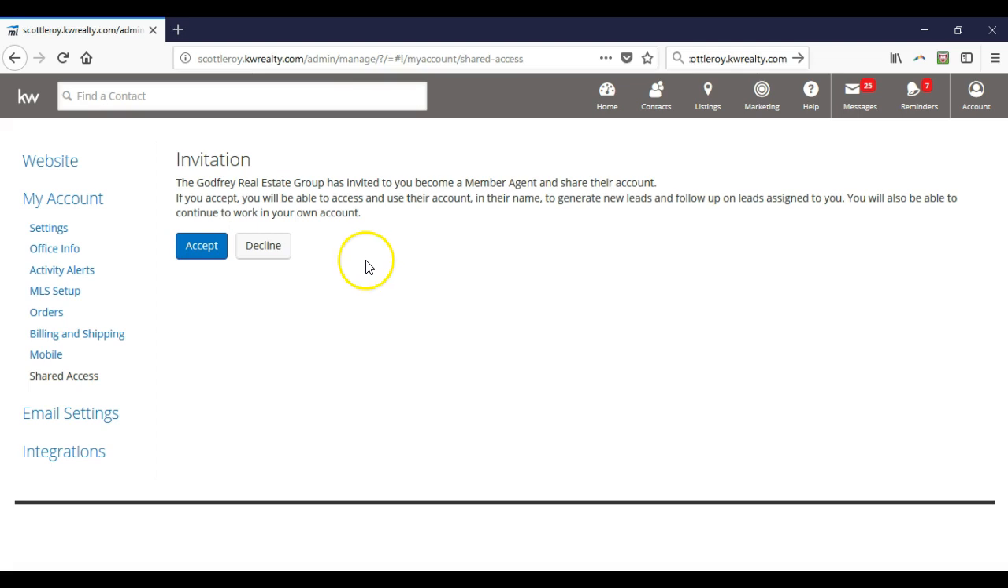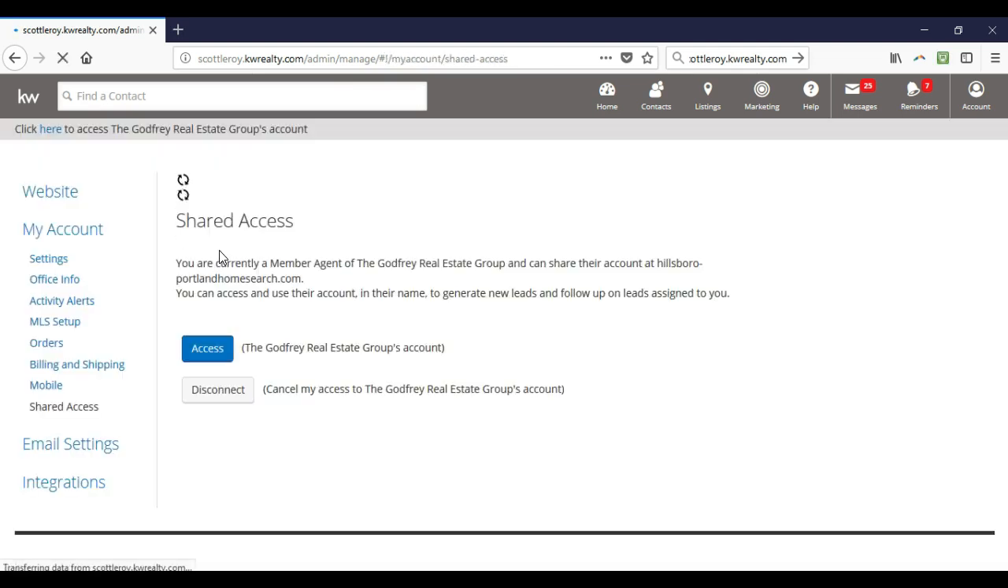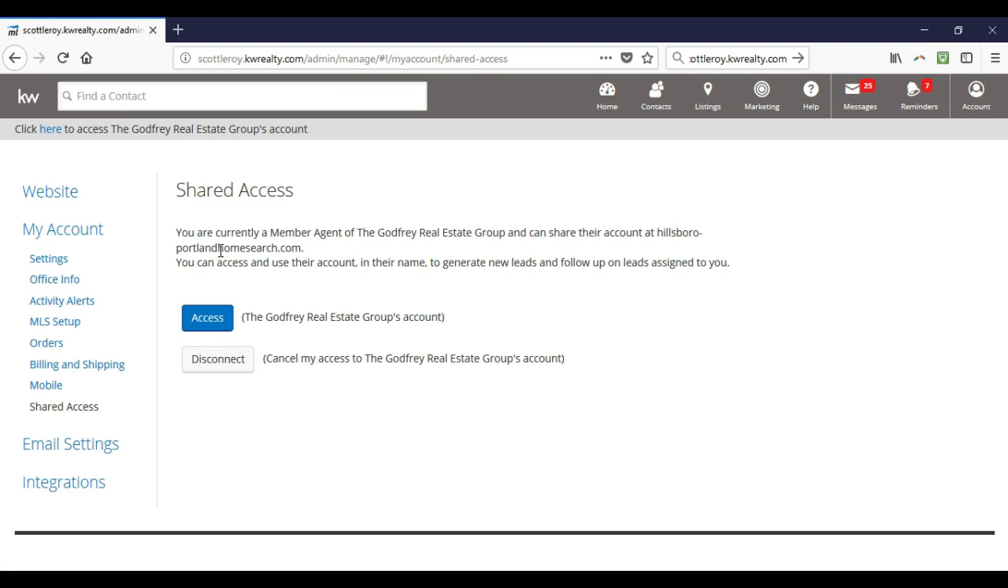You will also be able to continue to work in your own account. So I'm going to click accept on here. Alright, and now it is set up properly. So as you can see now on here, you're currently a member agent of the Godfrey Real Estate Group and can share their account at HillsboroPortlandHomesearch.com because she has the pro account, so that's her domain. You can access and use their account in their name to generate new leads and follow up on leads assigned to you. So if I click the access button on here, or even the click here to access their account,